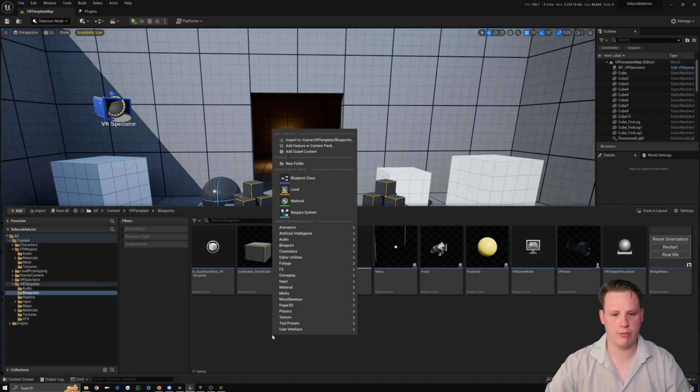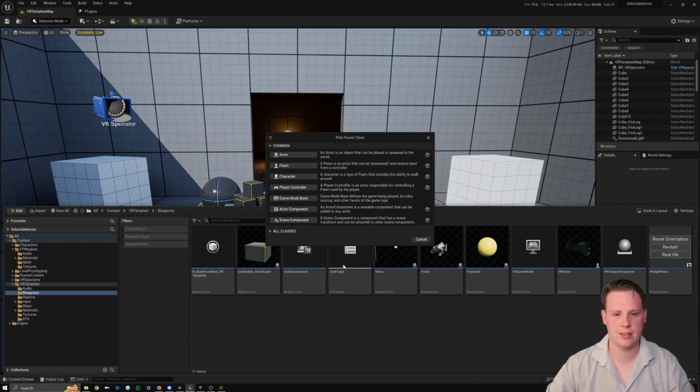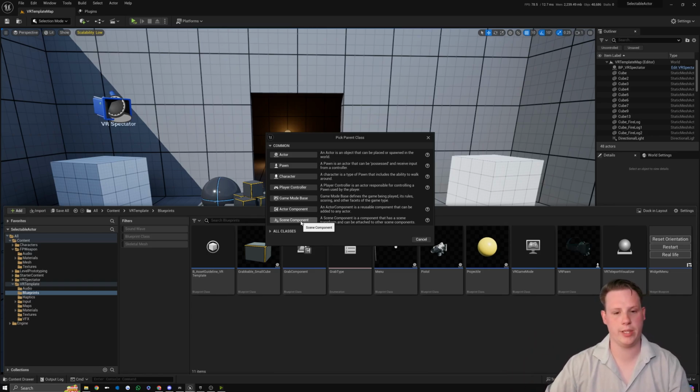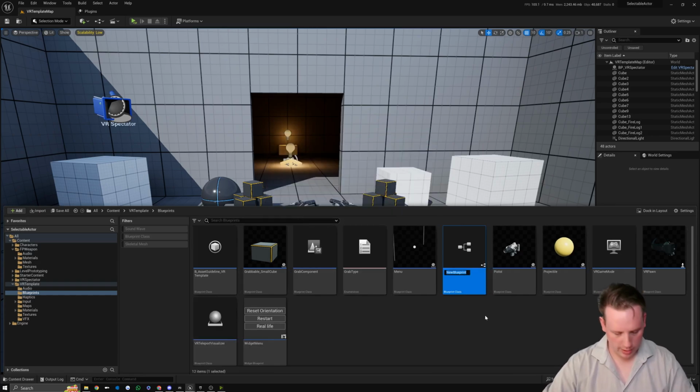So the first thing I'm going to do is I'm going to right click inside of my blueprints folder, and I'm going to go to blueprint class, and we're going to start by creating a scene component. A scene component can be attached to other components and has a transform, which means it works really well for our line trace code, and it means we can just drag it on and reuse it. So instead of having to code everything twice for the right and left controller, we can just code it once, and we can tell whether it is the left or right controller and drop it in. So we're going to create a scene component,